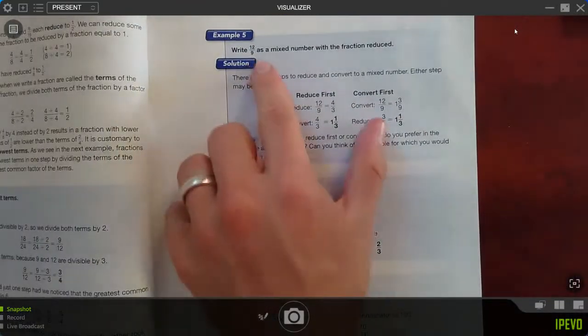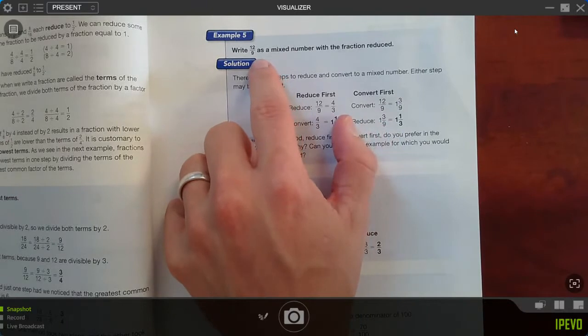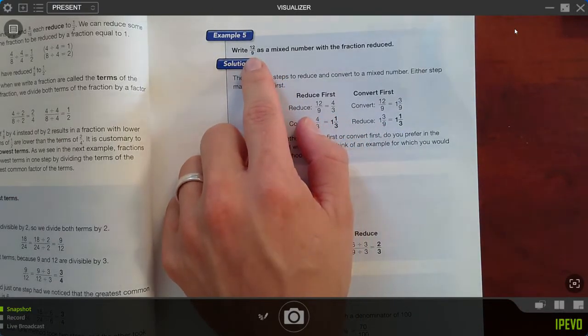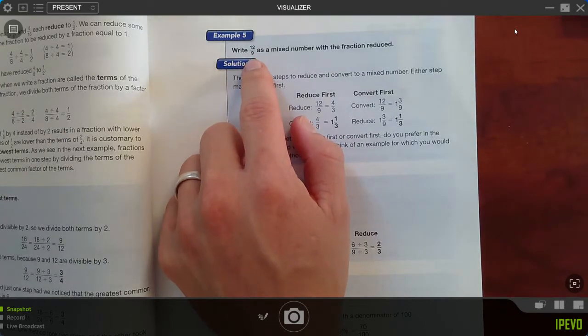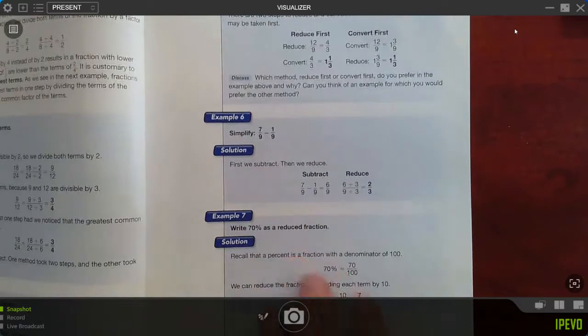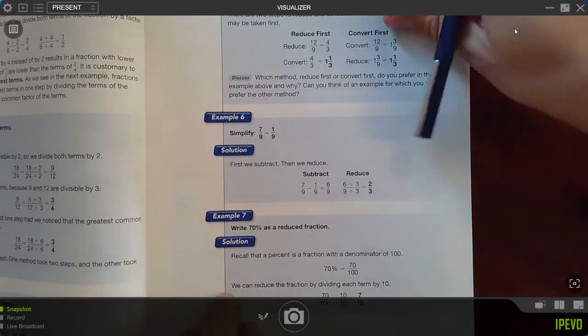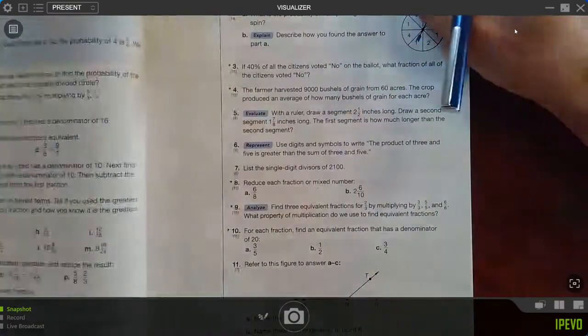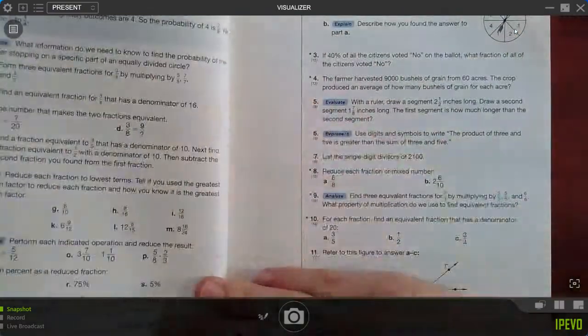Here we see mixed number. Okay. So 12 ninths. First off, there's a whole number in there. There's a whole 9 in there that we can get out, and then we can reduce from there. I think the book does a pretty good job of doing this, so I don't think you'll have any questions. When you do the full practice set, of course, for the written practice,